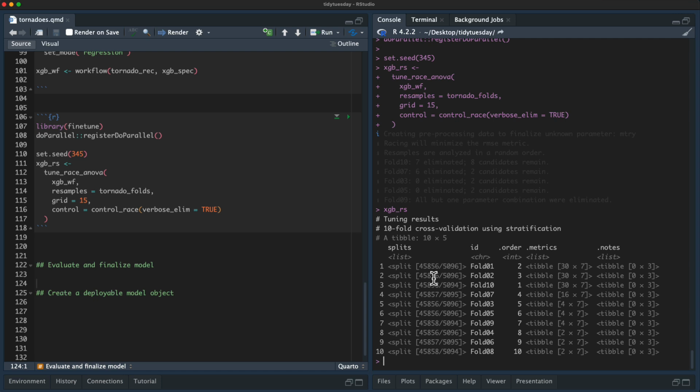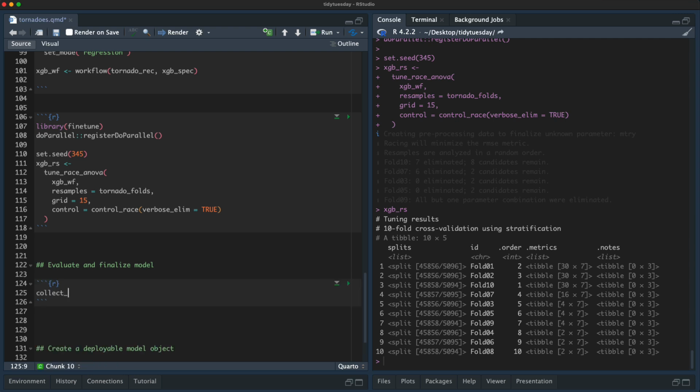So we've got our resamples. This is the order that we went in. So it started with this one, and so forth. We've got metrics that were measured. And just notice this, the first couple that were done have 30 rows because it's the 2 metrics across all of the resamples, so this is 15 times 2 because our grid was equal to 15, and then it goes down. By the end, we only evaluated the last resamples on the one remaining hyperparameter configuration, and that is the best one that we have down there at the end. So that's how racing methods work, which are really nice.